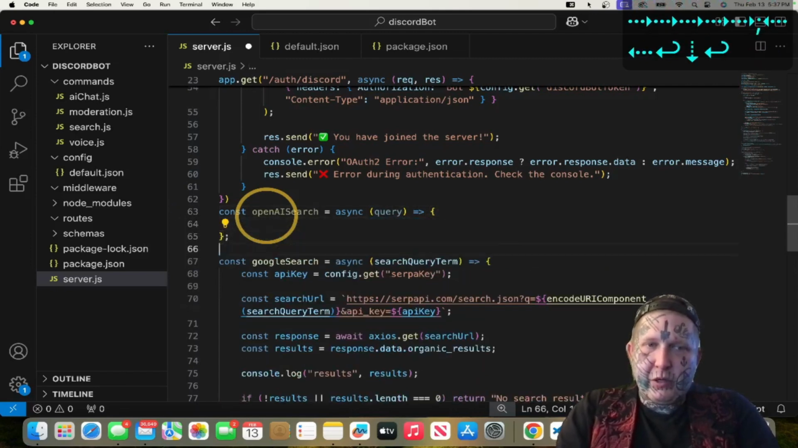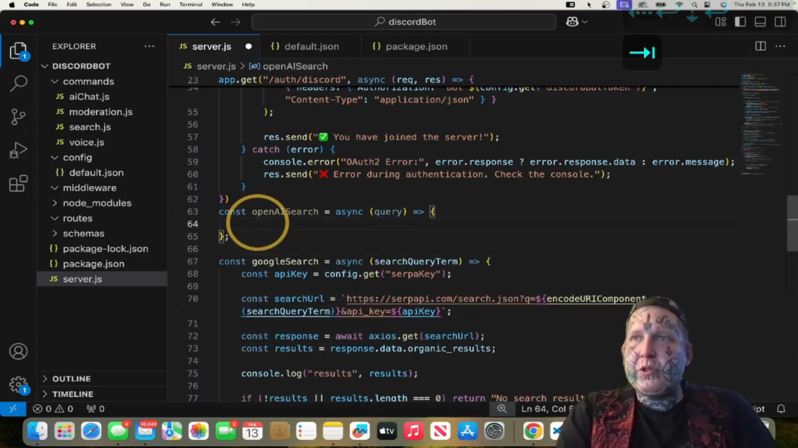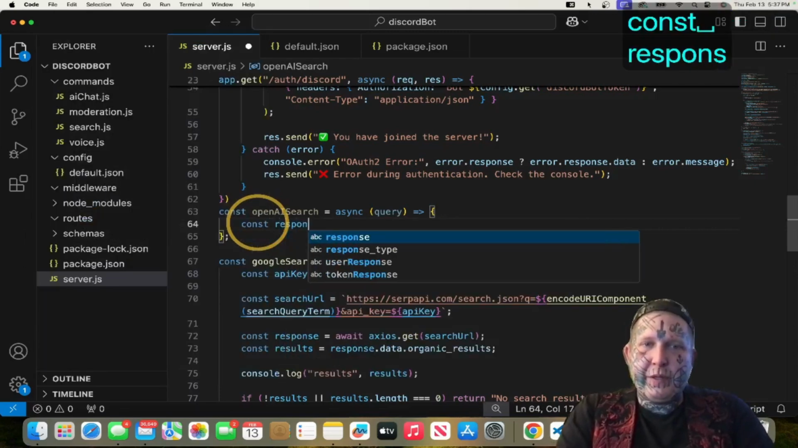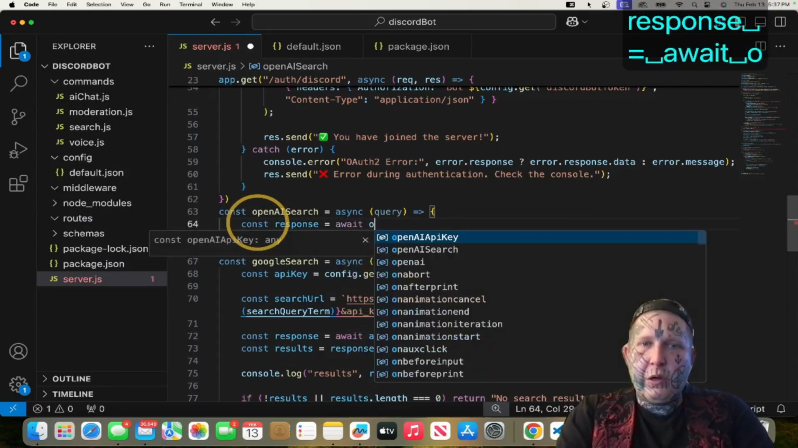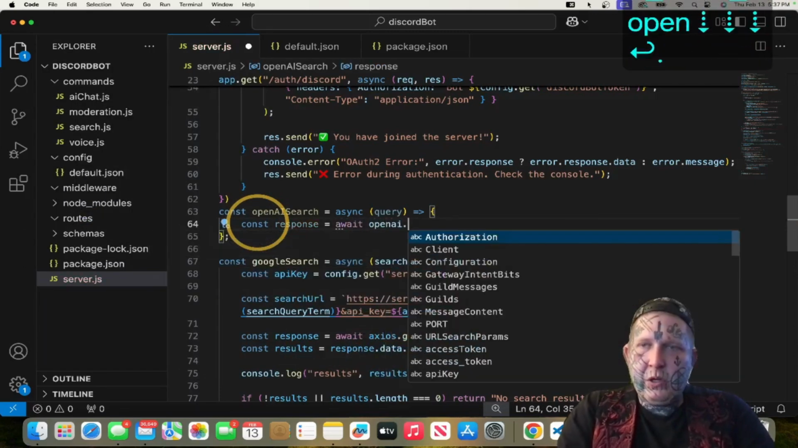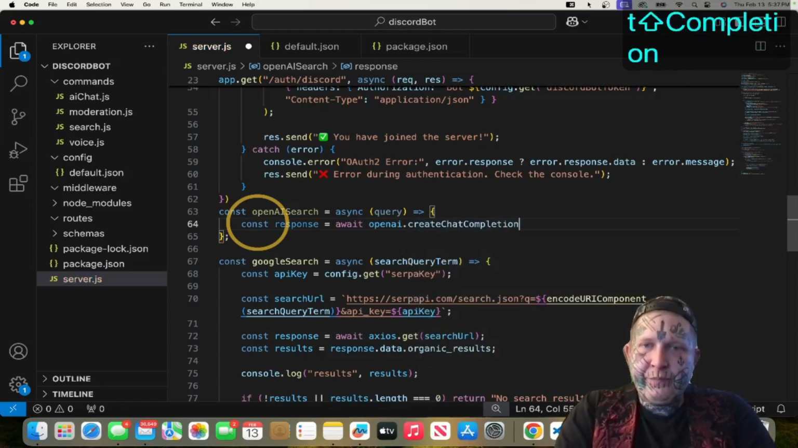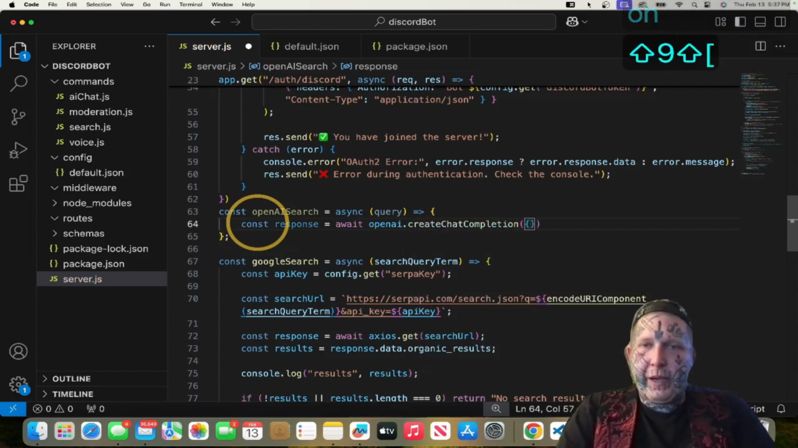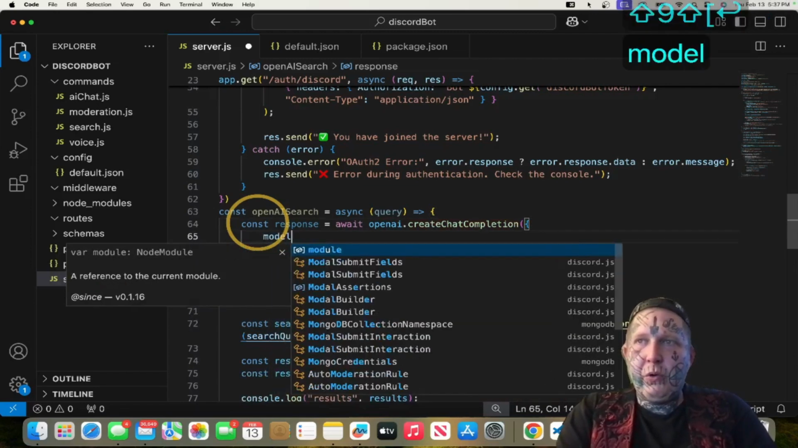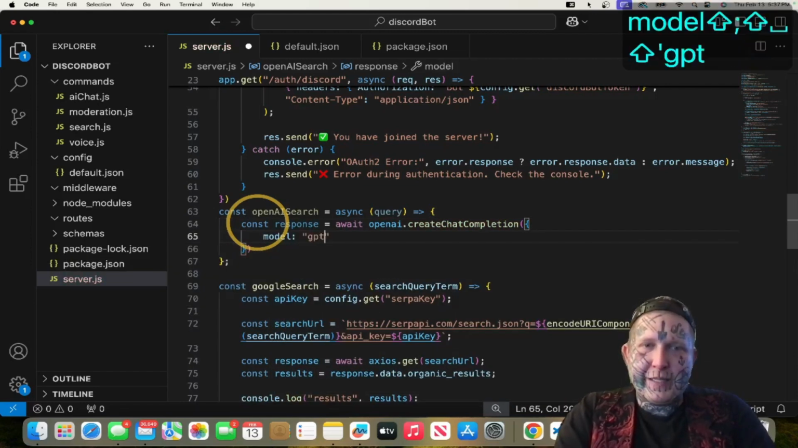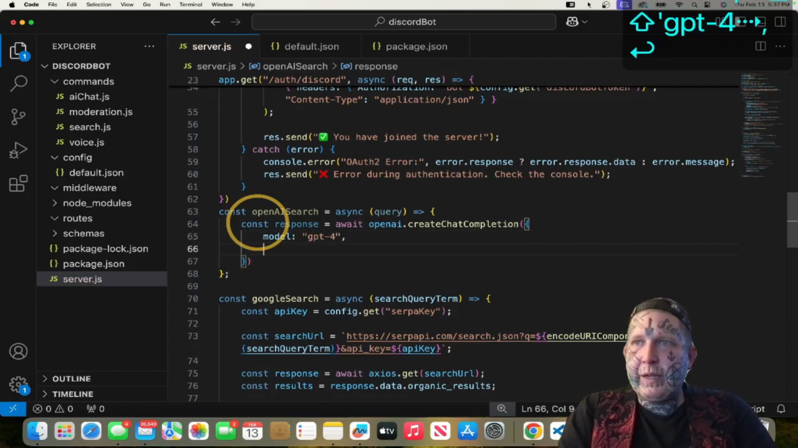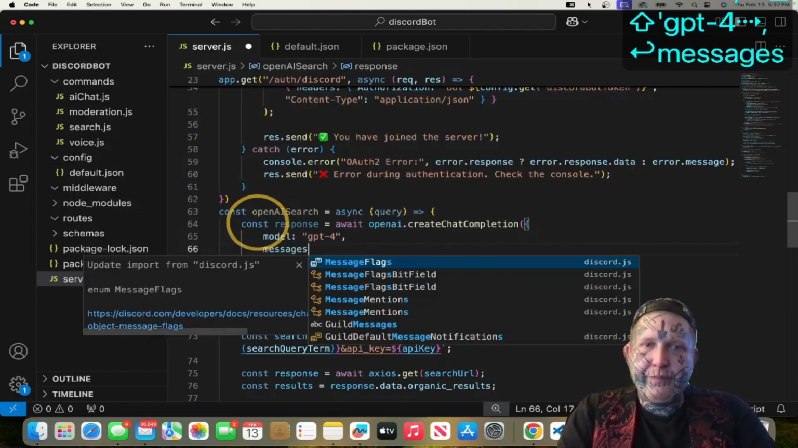And then we're going to break that off. All right, so what we need to do is const response equals await OpenAI, and then create chat completion, and then open brackets, and then model GPT-4, and then messages,